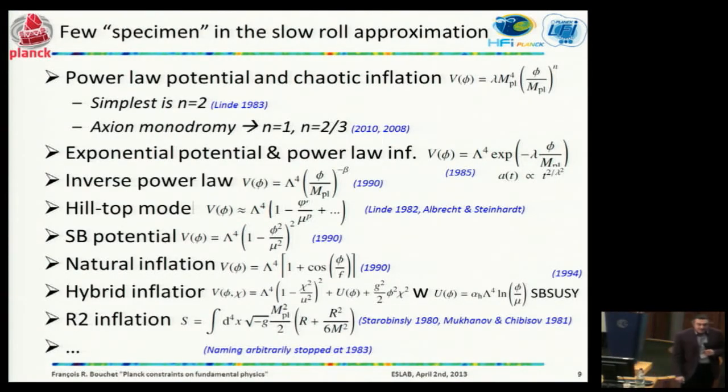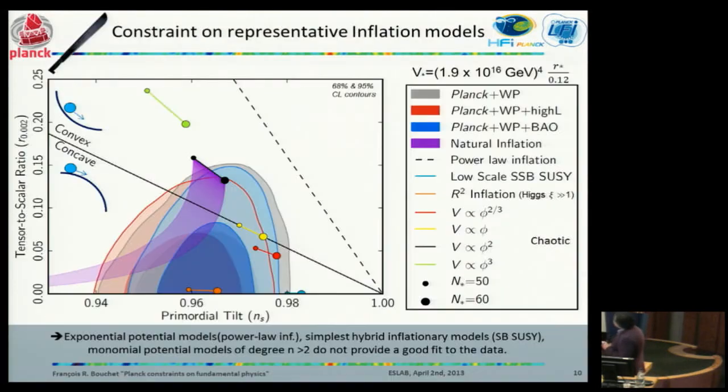Now, in the collection of inflation models, quite a number of those which are still with us today, and which are in the slow-roll approximation and good to compare to data, were already there very early on in the 80s, as soon as the inflation idea came about. You can see names and dates, and this is essentially most of the 80s. I stopped naming at 83, otherwise I would have a full book. Anyway, so here are the specimens.